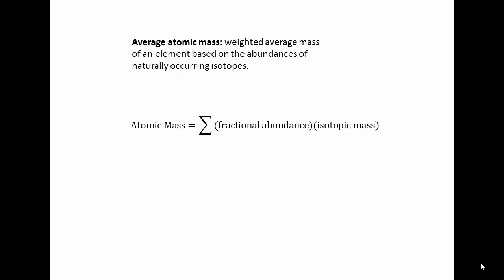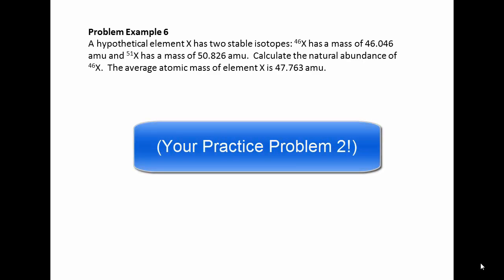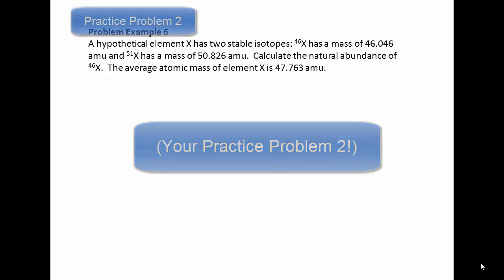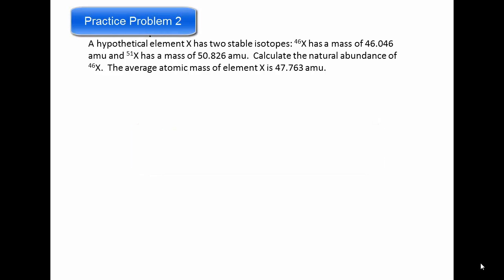So let's look at one of these more complicated problems. Problem example 6 is what we're going to do next. Let me read it for you. A hypothetical element X has two stable isotopes. X46 has a mass of 46.046 AMUs. Yes, I got very creative with those numbers. And X51 has a mass of 50.826 AMUs. Calculate the natural abundance of X46. The average atomic mass of element X is